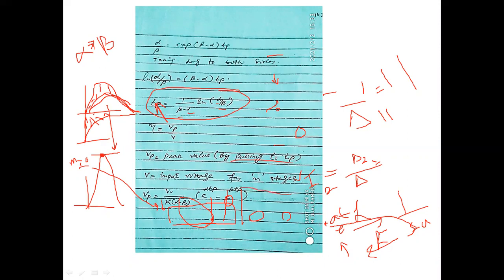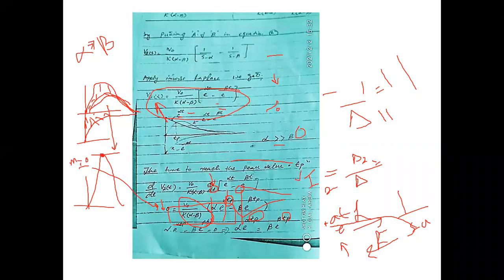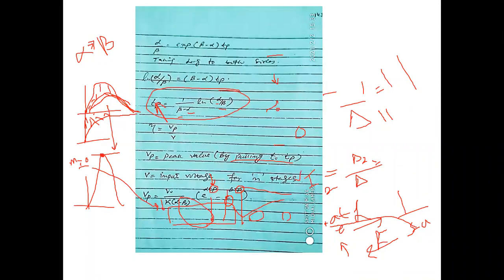So vp is equal to v naught over k, alpha minus beta, e raised to the power alpha t minus e raised to the power beta t. Okay, so that is the output of this, that will be Vp by putting tp instead of t. Okay, instead of t we have written tp, so it becomes Vp. So that was all about the impulse generator, modeling of the impulse generator. Okay, that was for the single stage, and for the n stage you will multiply.